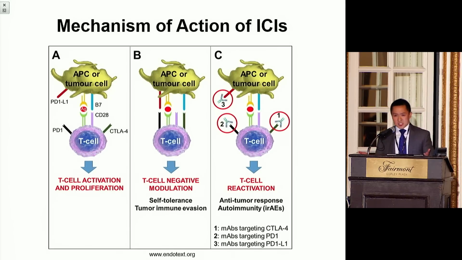So what's the rationale for these checkpoint inhibitors? Well, it turns out that cancer cells can actually resist eradication from our immune system by expressing particular ligands, such as the programmed death receptor ligand 1, which when they stimulate T cells can actually downregulate the T cell response and suppress T cell activation. So where the immune checkpoint inhibitor drugs come in is they block these pathways, allowing the immune system to then recognize these tumor cells as being foreign and allowing the tumor cells to be eradicated by our immune system.